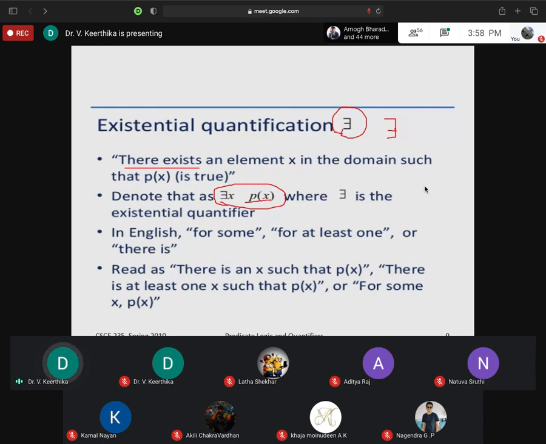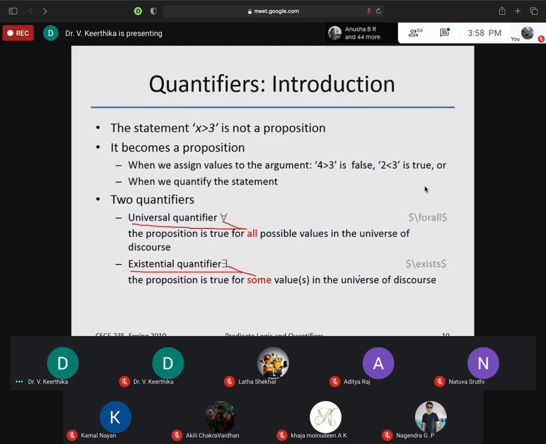Which symbol are we using for the existential quantifier? This is the symbol. You can read it as at least one, for some, or there is an x such that P of x is true for some value. The same predicate I'm using, and when we assign values, I explained this already.